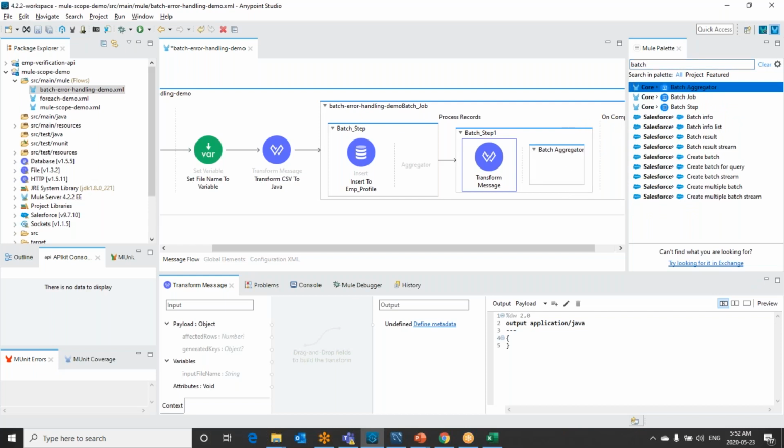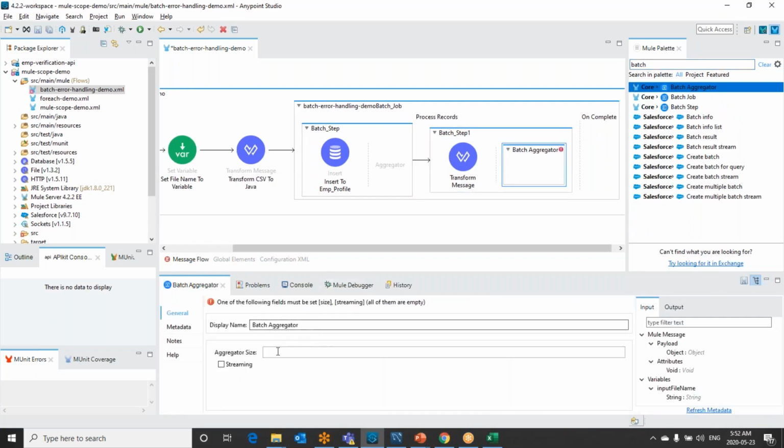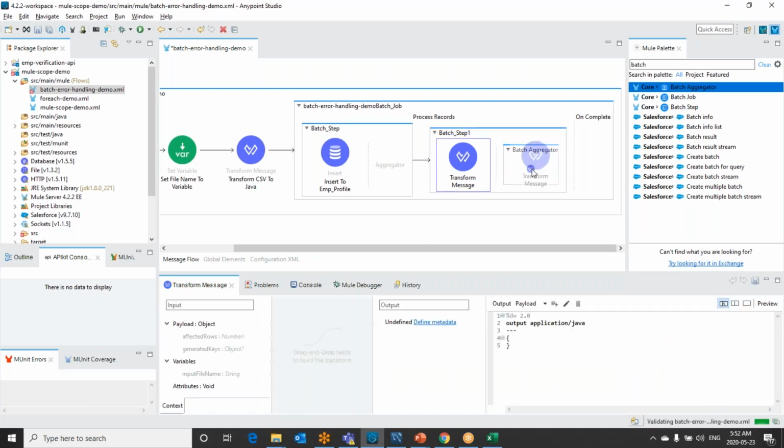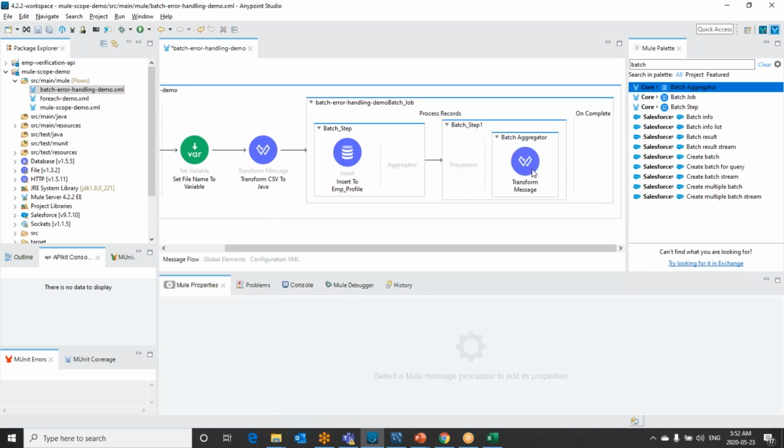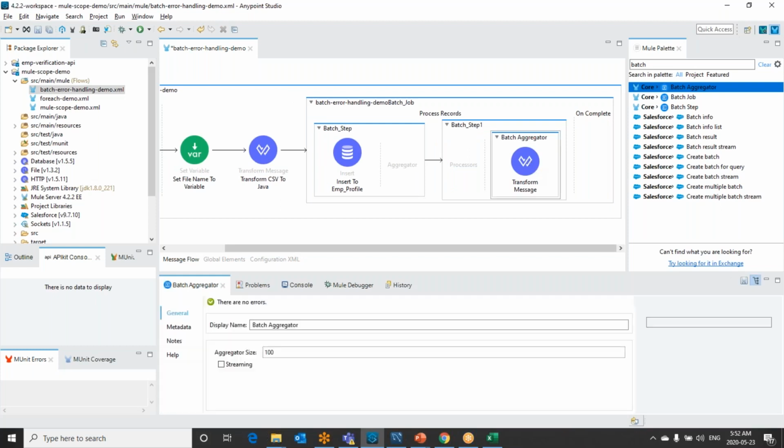And here, I can put some size. If I put the size as 100, for our case it's not suitable, but assume I am taking the aggregator size as 100, and inside this I am making the CSV file and writing to a file directory. For each 100 records, a CSV file will be generated, right? So rather than this, let me write all the failed records into one CSV file.